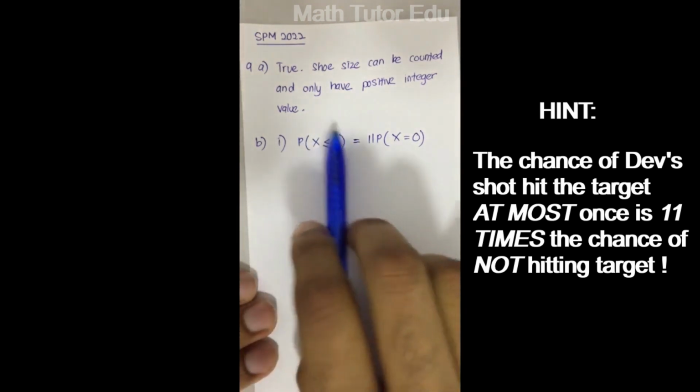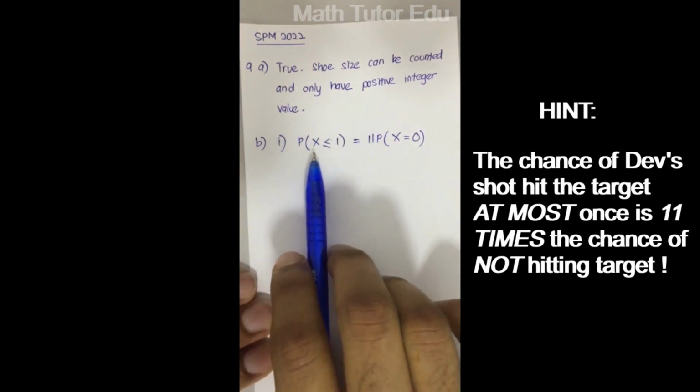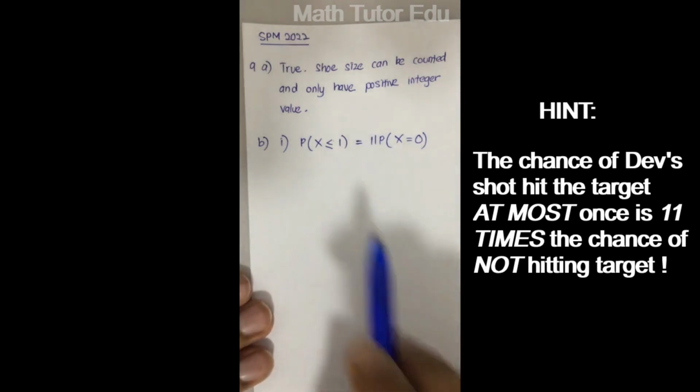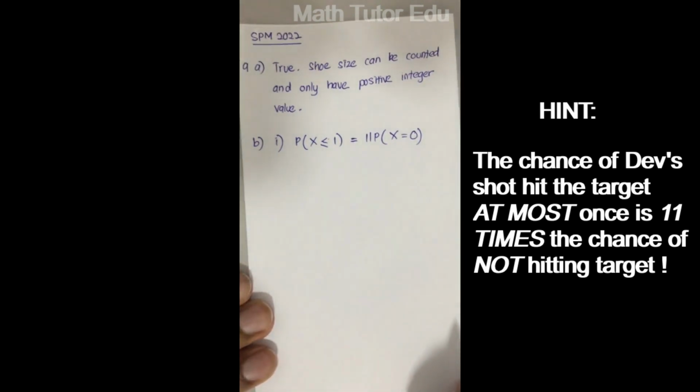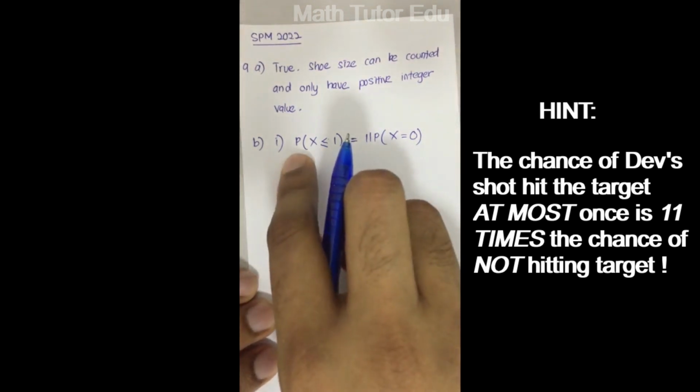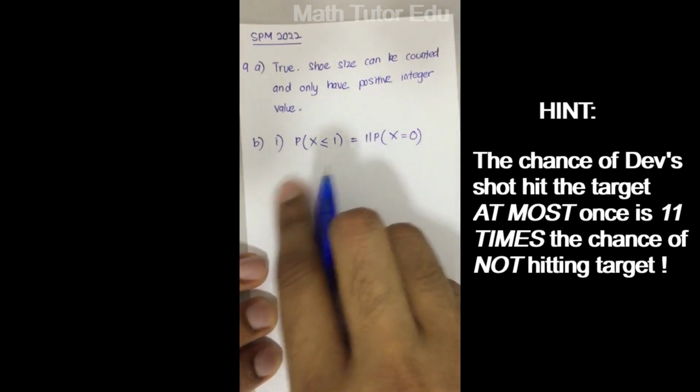So that's how you have the combination here. Chance of Dave's shot hitting the target at most, that's why you have less than or equal to 1. So from here we're going to continue our explanation. This probability, P(X ≤ 1), we can further break down